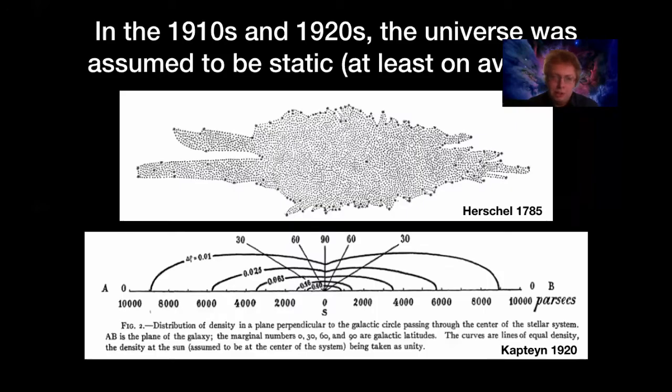Now, I want to remind you that in the 1910s and 1920s, people believed that the universe was relatively static. And this kind of makes sense. We don't see changes to the universe on our human timescales. Why should the universe have ever been created or ever been destroyed? Shouldn't it always just kind of be there and not really changing very much? And this was the state of what we thought the universe was.